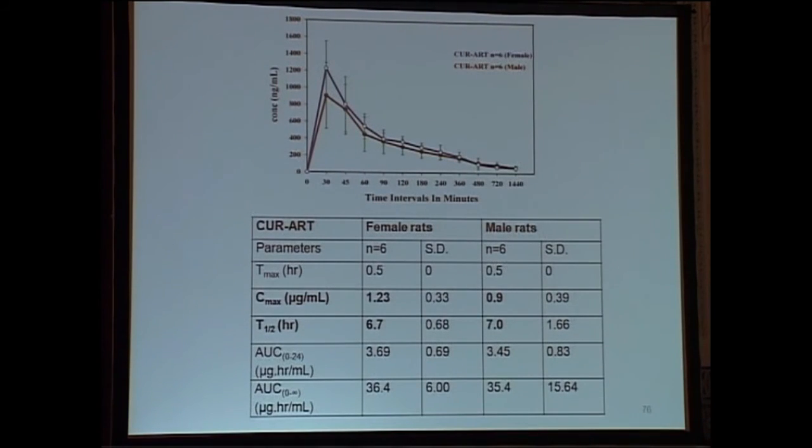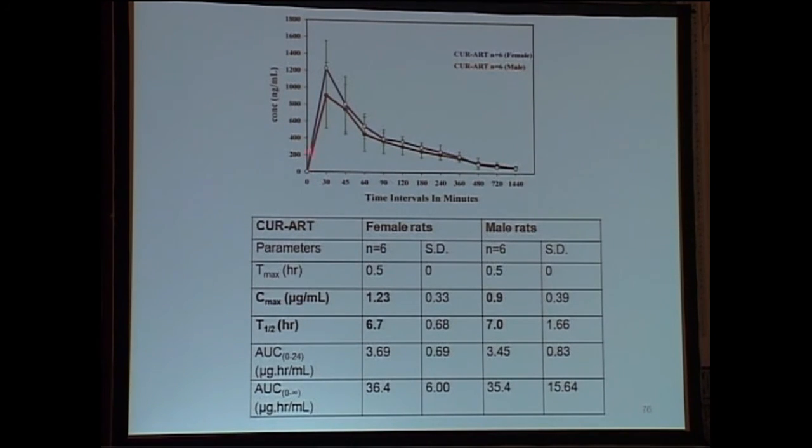And this is the bioavailability graph. I know this doesn't fall into the main theme of this session, but I just thought I would show you that we did reach the target which we were hoping to get, which is a high bioavailability and dissolution for curcumin. This is 1200 nanogram per ml, which is about 1.2 microgram per ml, which is quite a big improvement compared to pure curcumin, which would almost fall at the baseline on a curve like this.